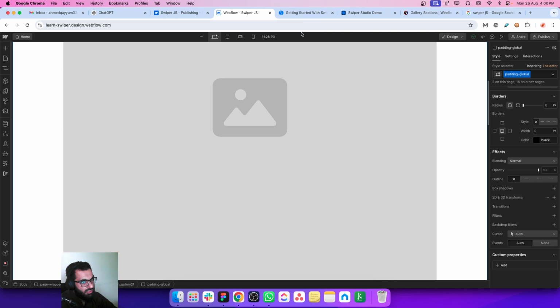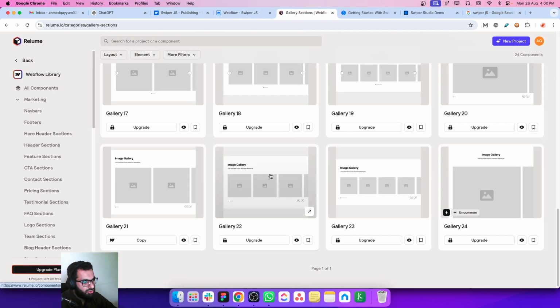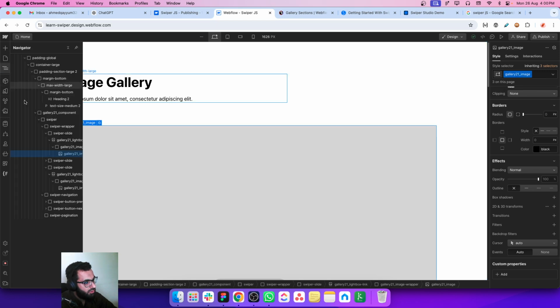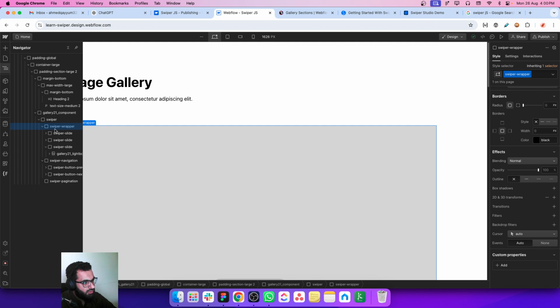The next thing we want is, let's go back to the Relium gallery section. So we want it to look like this. We need 2 slides to fit in the screen, right? So we have to confirm this thing before making any changes. So let's go back to, okay, so let's make this swiper wrapper